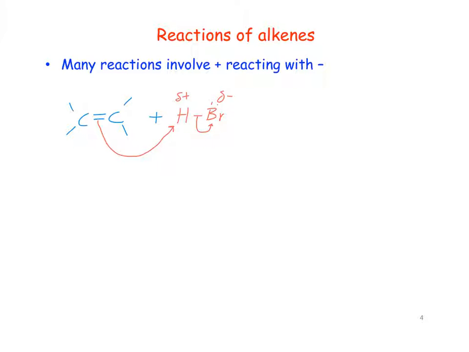We know that bromine starts out with 3 pairs of non-bonding electrons, but if we follow these arrows, what we find is that H has to go onto one of those carbons. So I'm going to put the H arbitrarily on the left carbon,